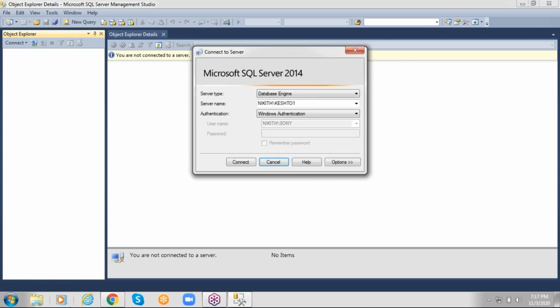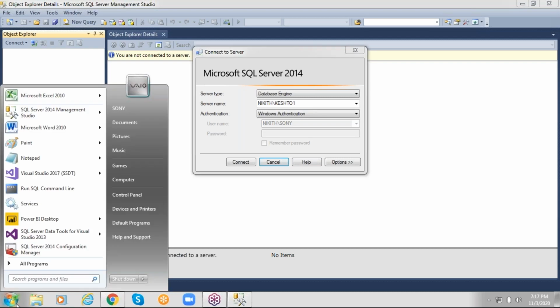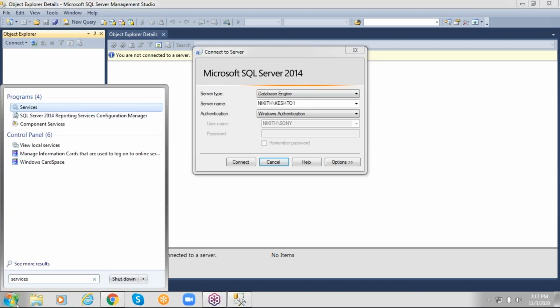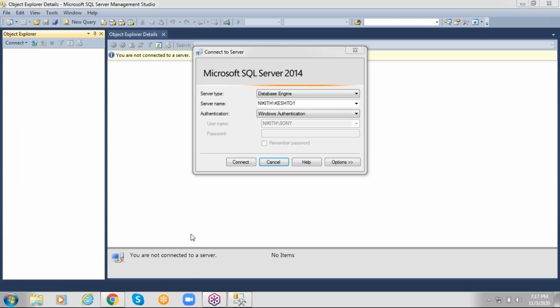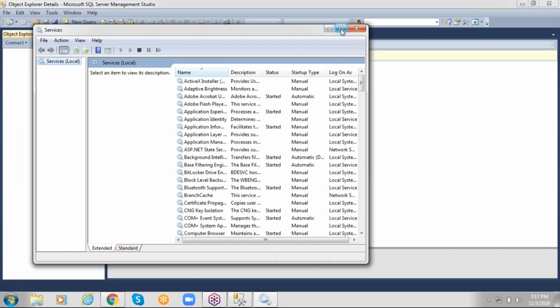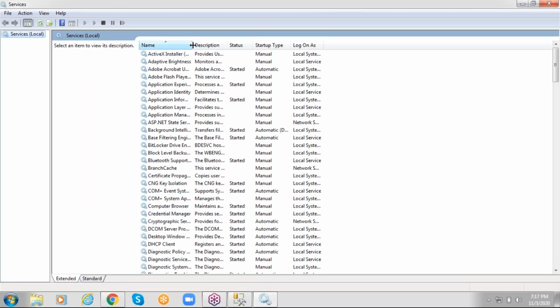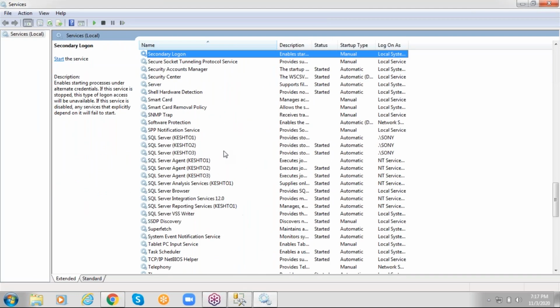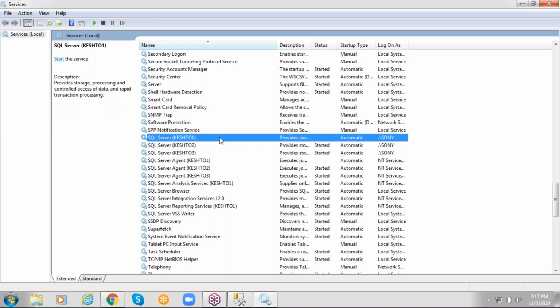If you get this type of error, only thing is go to services. Right. Go to services. There what to do? You have to check the services of SQL Server. See that server is not running, not started. Server is not started, but you are trying to connect to server. Then you'll get that error message. So we have to remember like this.